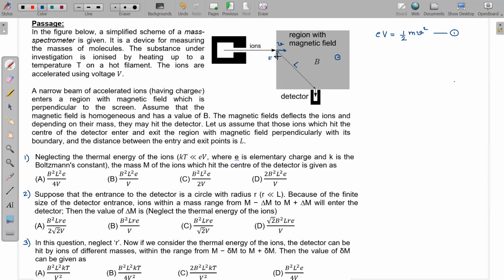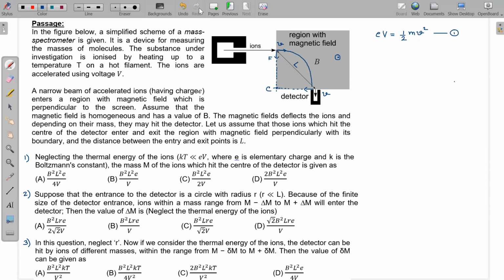So the force that is acting on this particle, we know that this force acts towards the center of that circle. So if I extend this line, the direction of force, and also when the particle is leaving this region of magnetic field, it will leave with the speed v, because magnetic force does not change the speed of the particle. So it will be leaving this region with a speed v. Just before leaving, you can see that the force is in this left direction. If you extend these two lines along which the force is acting, the point of intersection will give you the center of the arc on which this particle must be moving.